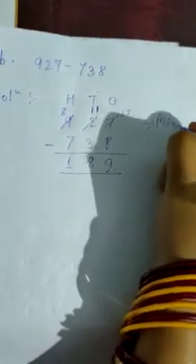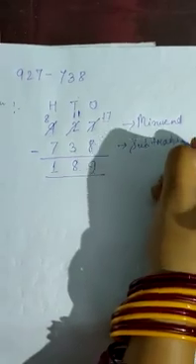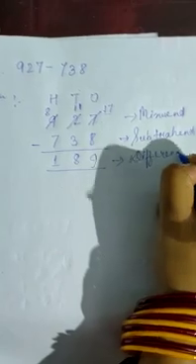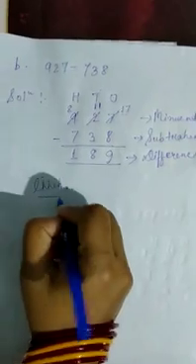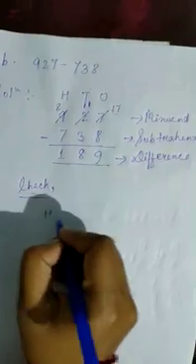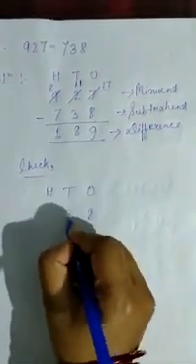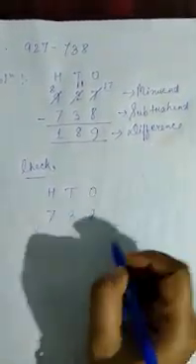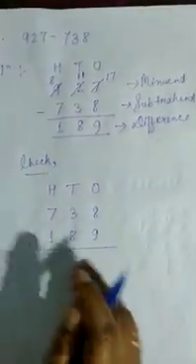Now what is this? This is the minuend. What is this? This is the subtrahend. And the answer that comes after that is called the difference. Now we have to check the answer. We are going to add the subtrahend and difference, maintaining the columns hundreds, tens and ones. The subtrahend given is 8, 3 and 7, and the difference given is 9, 8 and 1. Now we have to add.